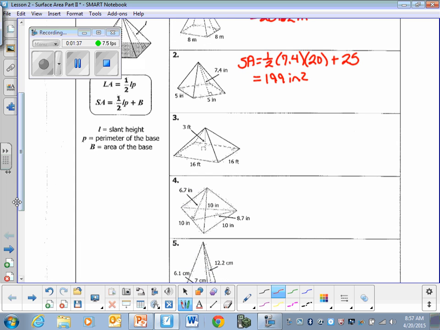Our third example under pyramid, still a square pyramid: surface area would be 1/2 the slant height, which they did not give me. So the slant height would be out here. Of course I can draw this in, and I've got a right triangle. I know this is 3. Half of 16 would be 8, and that's going to allow me to find my slant height using good old Pythagorean theorem. This turns out to be the square root of 73